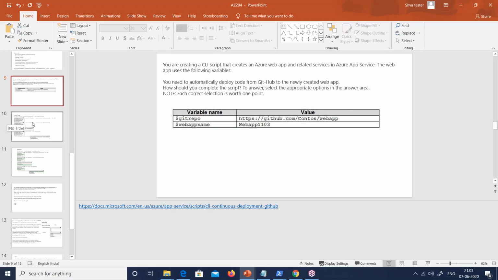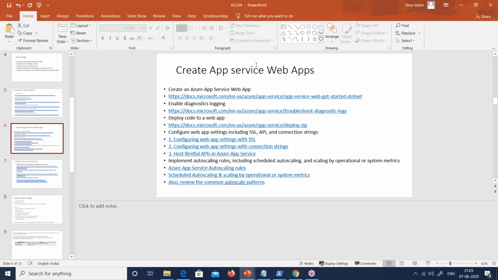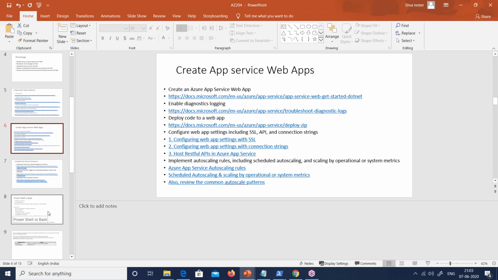So let us get started. What we have done is we have covered 2-3 things. So let us do questions around these 2-3 things. One is we covered the virtual machines, we covered the app service, and we covered the functions, right? So if we can go and cover some questions only on these 3 topics, because these also have like